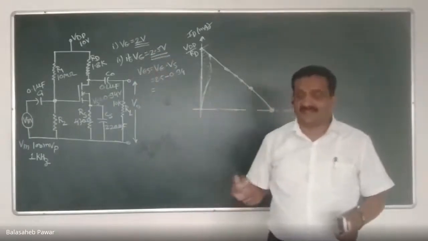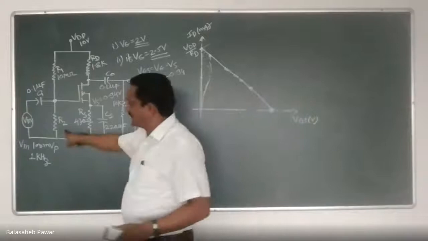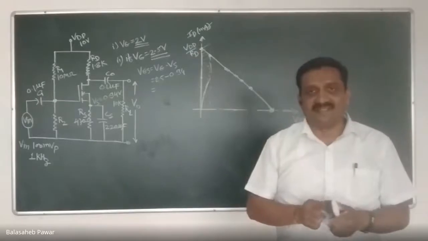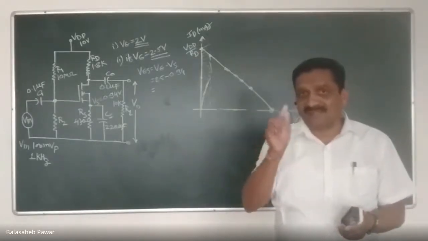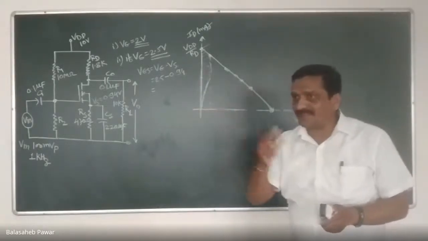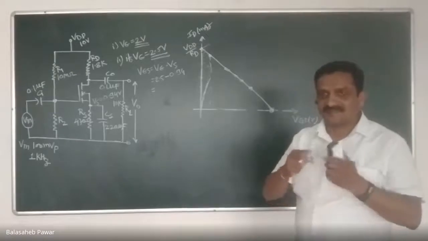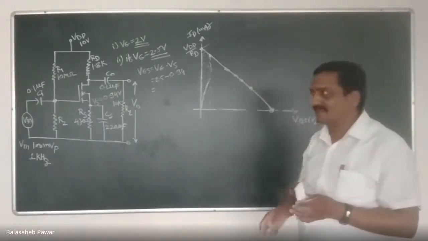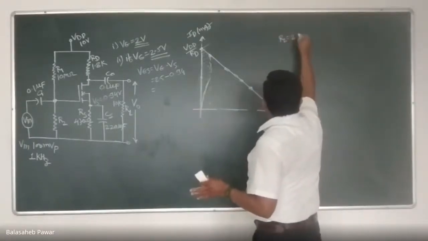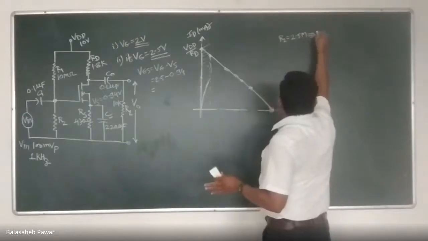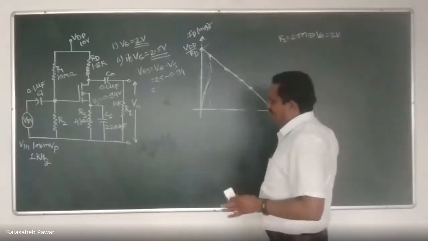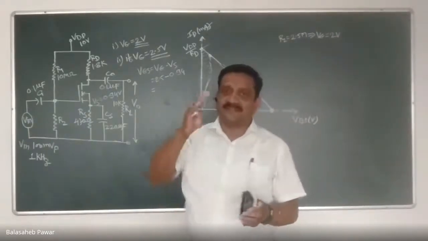R1 we kept constant. Right. So instead of R2 as 2.5 mega, if I select 2 mega, what will be the effect on VG, or on VR2? Will it remain 2 volts, or will it be greater than 2 volts, or less than 2 volts? First, see, when R2 was equal to 2.5 mega, how much was the value of VG? That was equal to 2 volts, right? And then we say the operating point is at the center.